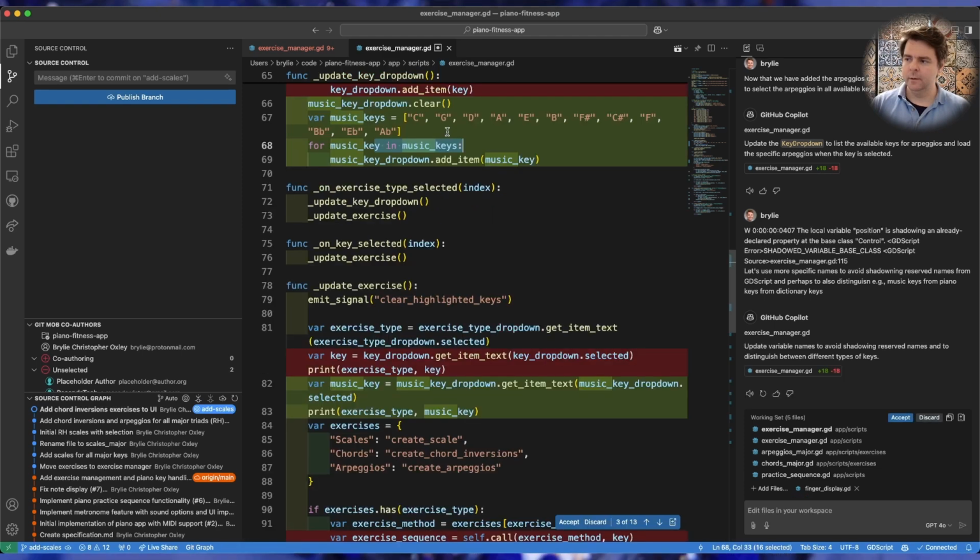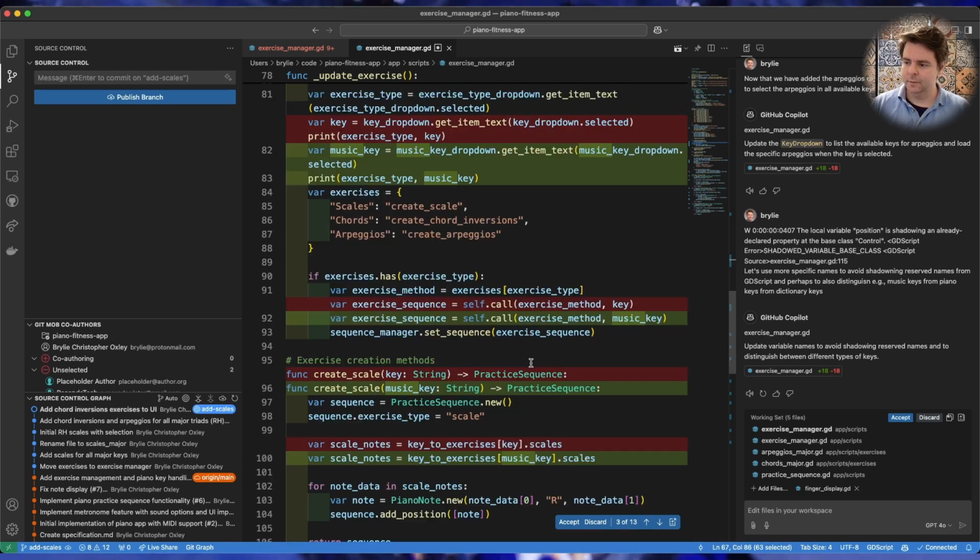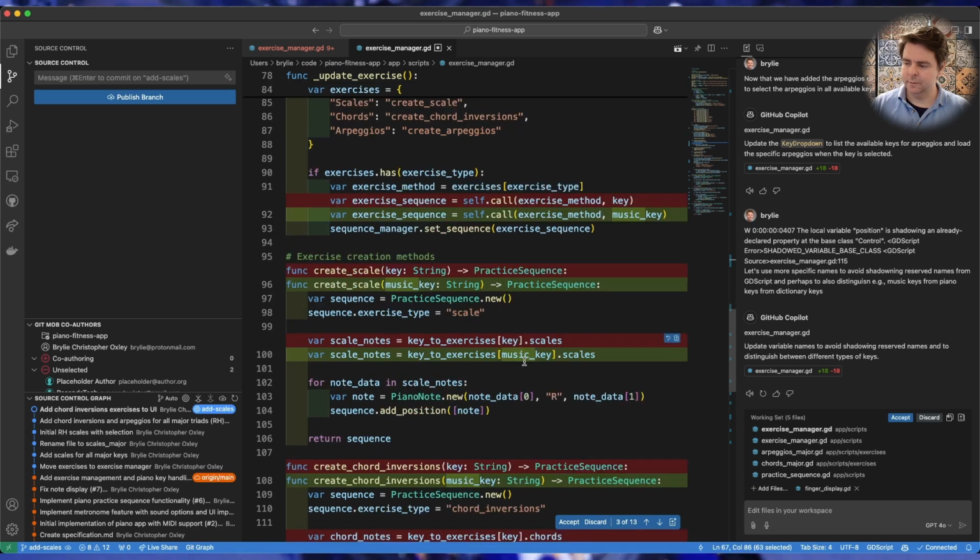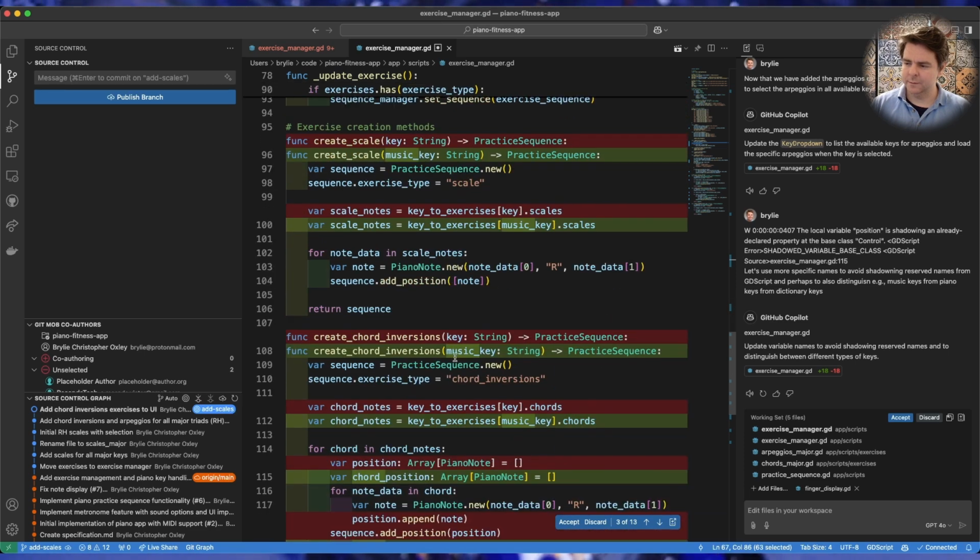Here we go. Oh, I see what it did. It went all the way to the sharps, then it started going in fourths to get the flats. Well, it didn't go clockwise around the circle, but that's probably okay. We can look at this sorting later. Maybe this is a more conventional approach to learning. See how we're just naming things a little bit differently. Music key and sequence is still